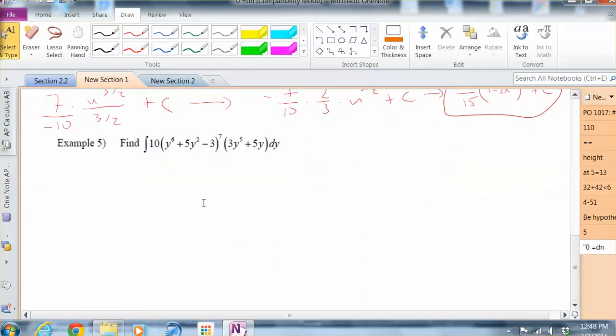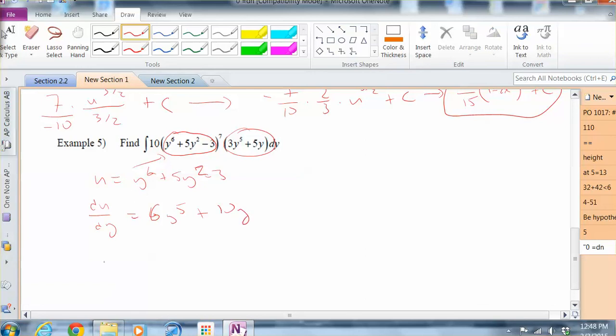And then lastly, example 5. Typically you want to let u equal the more nasty thing, or in this case, the expression that has the largest exponent, because we're going to be taking the derivative of it, which will cause the exponents to go down by 1, and probably substitute for that expression over there that I just circled in red. So du over dy now, remember we've got y here, is 6y to the 5th plus, ooh, that's squared,